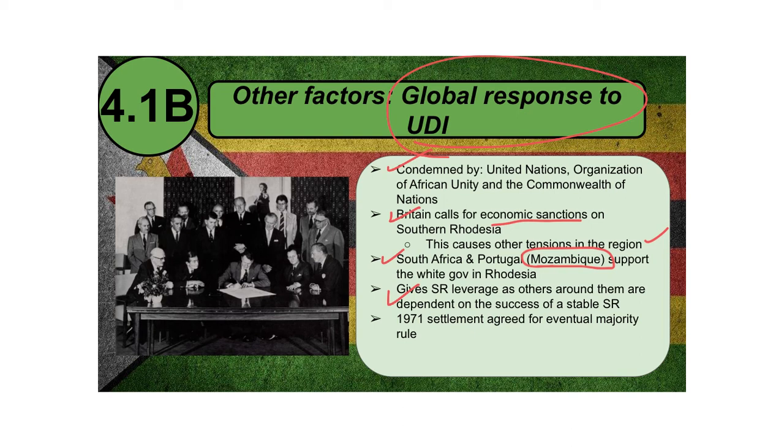And in 1971, a settlement is going to be agreed to eventually convert Southern Rhodesia into having majority rule. However, this does continue to allow minority rule for the foreseeable future. And I kid you not, in 1972, Great Britain is going to send the Pierce Commission to come down and investigate to see how far they're moving towards eventually returning the country back to majority rule. Of course, that's not going to go well, but they're going to at least try.